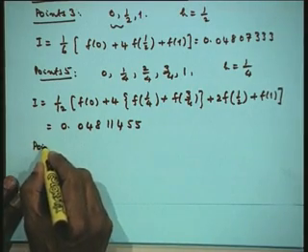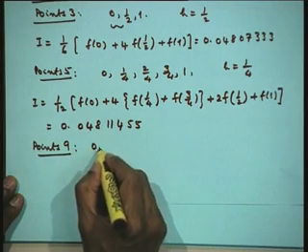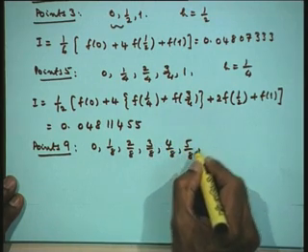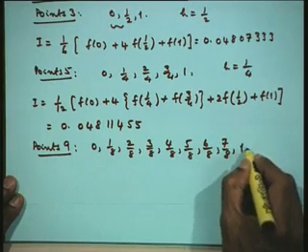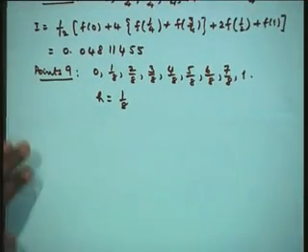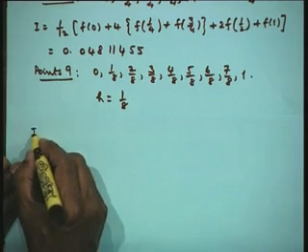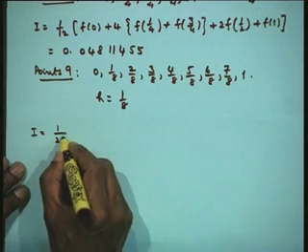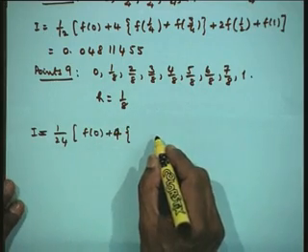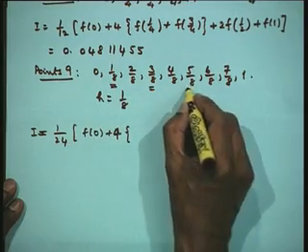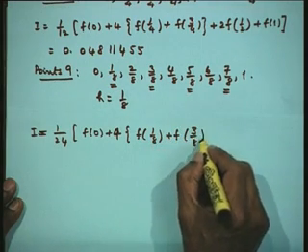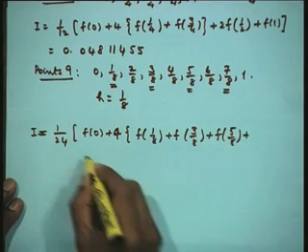Now, let us take 9 points. So, we will again have the points as 1 by 8, 2 by 8, 3 by 8, 4 by 8, 5 by 8, 6 by 8, 7 by 8 and 1. So, that h is equal to 1 by 8. Therefore, our value of the integral is h divided by 3, therefore 1 by 24, f of 0, 4 times all the odd suffixed ones, that is your 1 by 8, 3 by 8, 5 by 8, 7 by 8. So, this will be f of 1 by 8 plus f of 3 by 8 plus f of 5 by 8 plus f of 7 by 8,